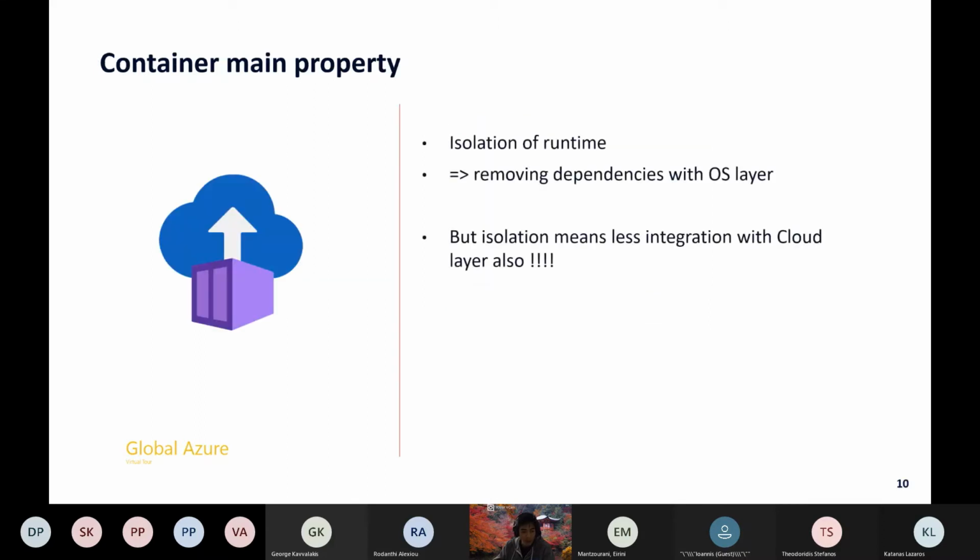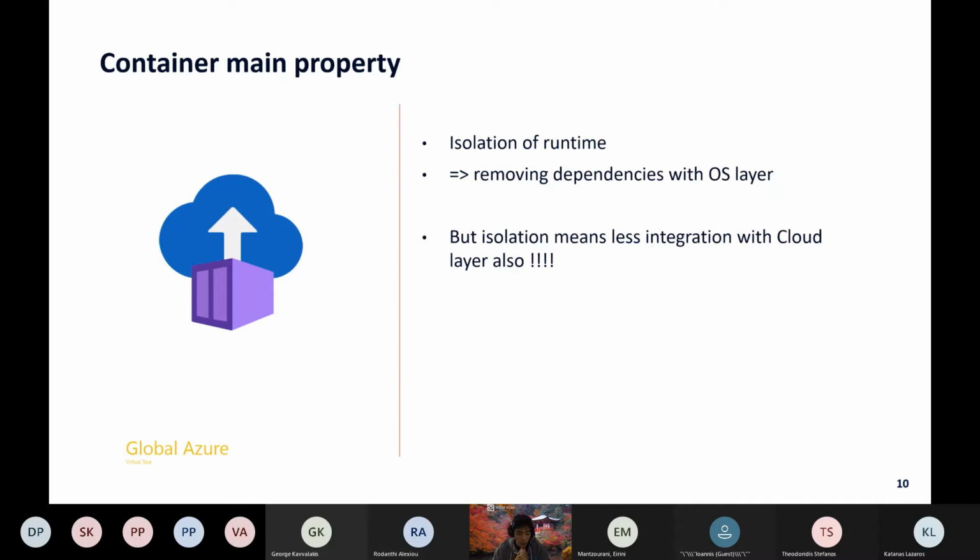Okay. Then we focus on the container, because we are talking about Kubernetes today. As a reminder, containers kind of give us trouble on that, because one of the main properties of a container is to isolate the runtime from the operating system, and also from the cloud layer.